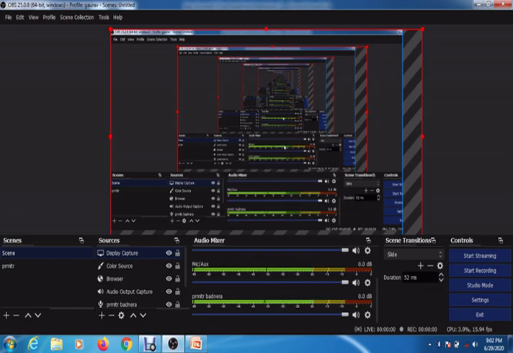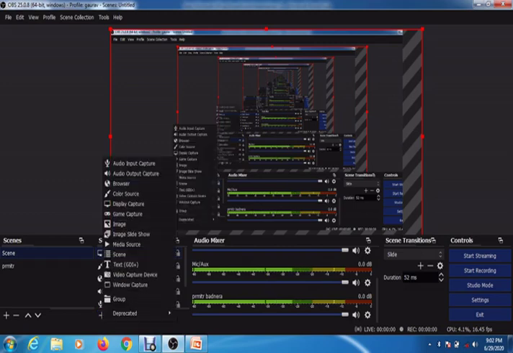So this is the main purpose of this display capture. If you want the cursor to be shown, you can show it, or you can uncheck that capture cursor also. Then the cursor will not be shown in the frames present in this display capture. Okay, so now we will move on to the next one.